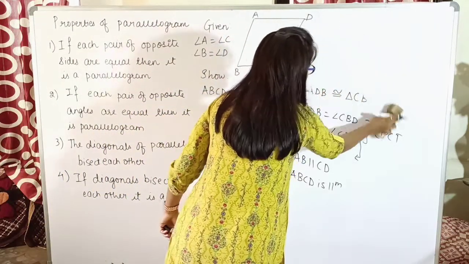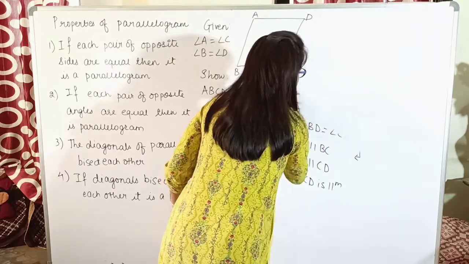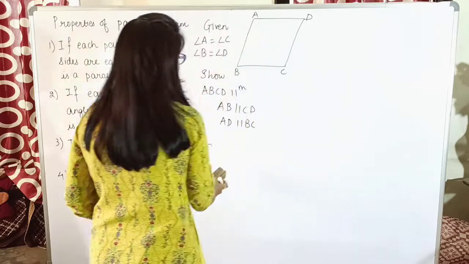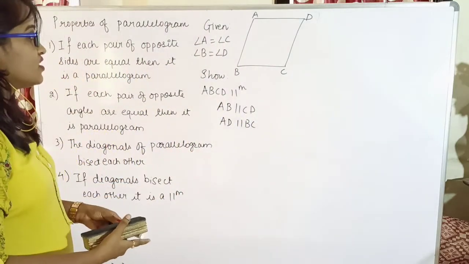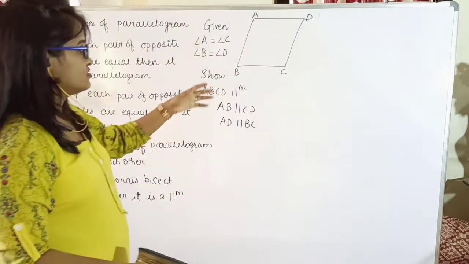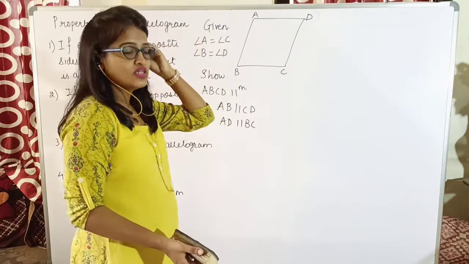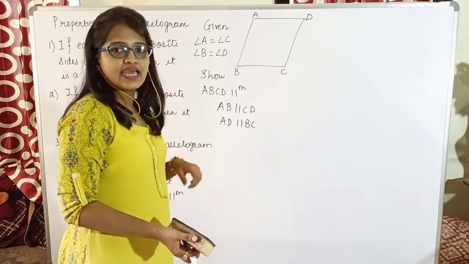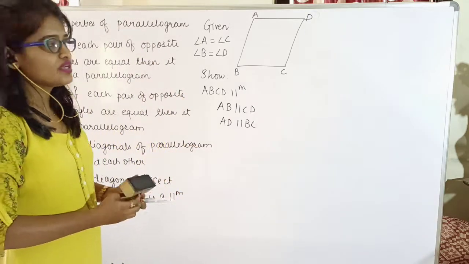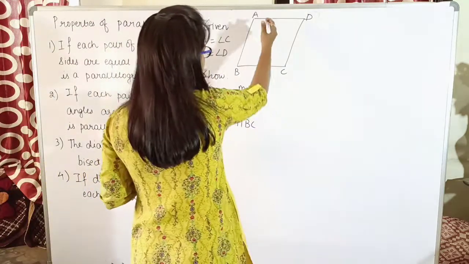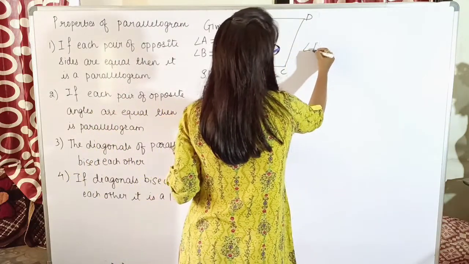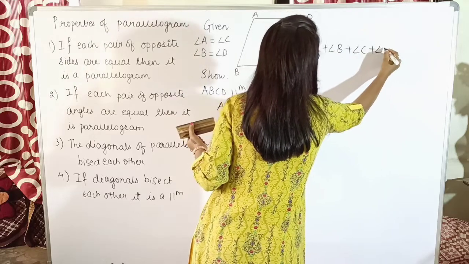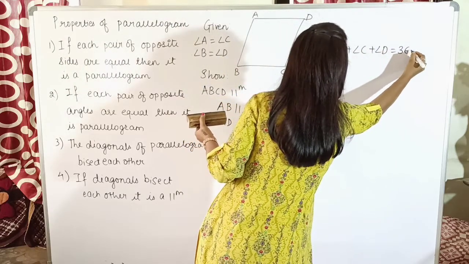Now here we don't have any relation between the sides, neither do we have any relation with respect to the angles, but the angles whose relation we have are not part of the same lines. Yes. So what can be done? What if I apply the angle sum property of quadrilateral? Let us see what we can do. So it means the sum of four angles will be equal to 180, sorry, 360, isn't it?